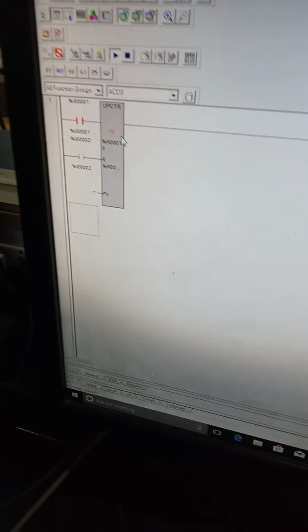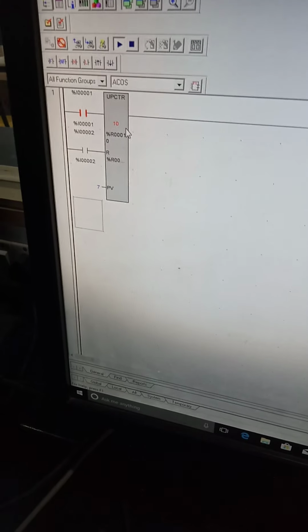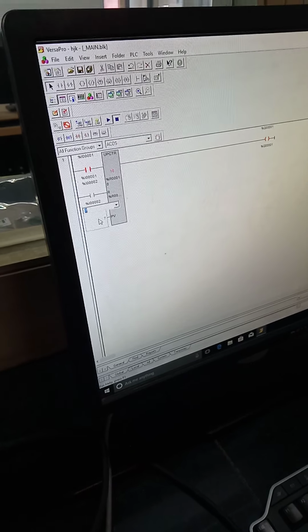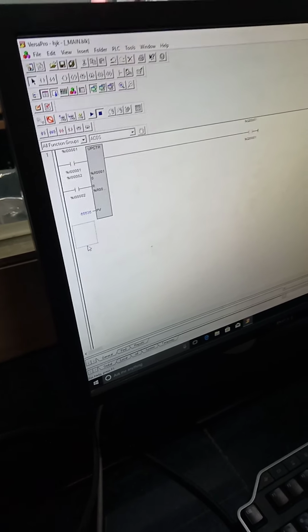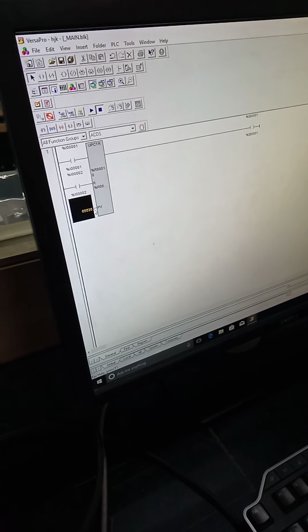Whereas in down counting, the counting will start from, for example, a value I have set of 7 or 10, it will start from 7 or 10 and go in reverse manner, like 7, 6, 5, 4, 3, 2, 1, 0, like that. So here we have a limitation. You can give a maximum value of 65,535. That is what you can give. 65,535 is the maximum value you can give. Okay, it will accept up to that value.